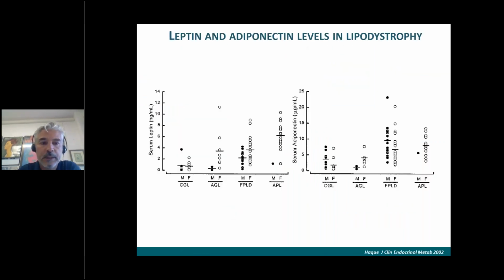What about leptin levels? There is no doubt that in all patients, by definition, leptin levels are reduced, but unfortunately, leptin levels are not that useful in the diagnosis. No doubt that in generalized forms, leptin levels are very low, extremely low, but unfortunately, in partial forms, they may overlap with normal circulating leptin levels, therefore leaving room to doubt.